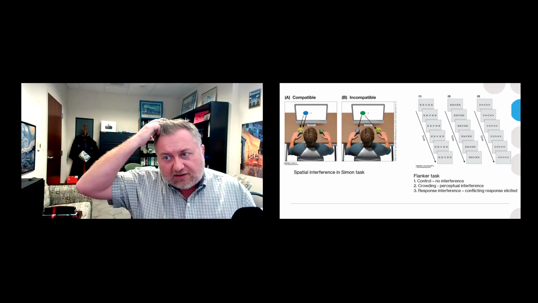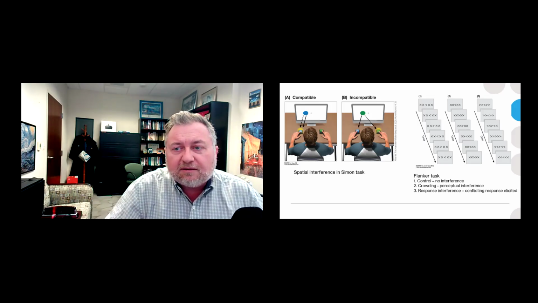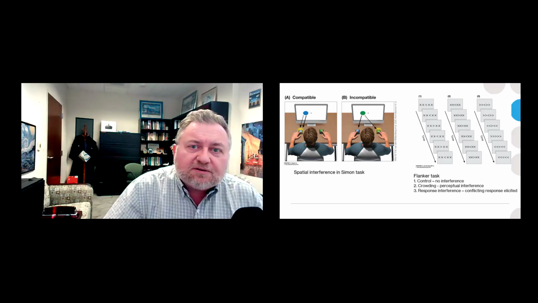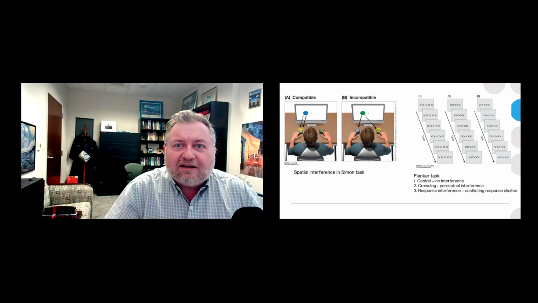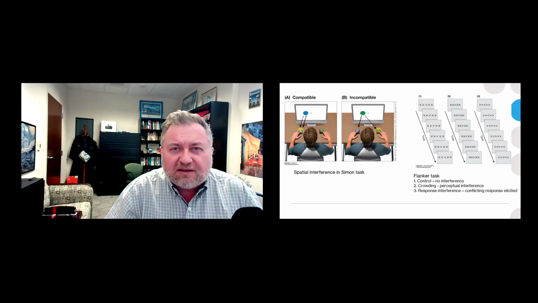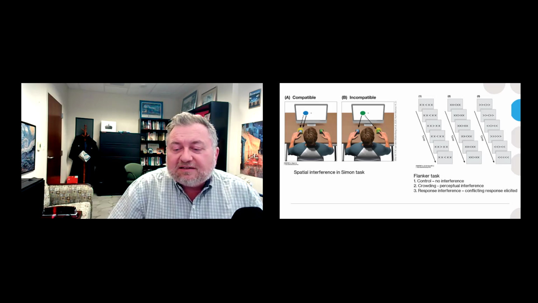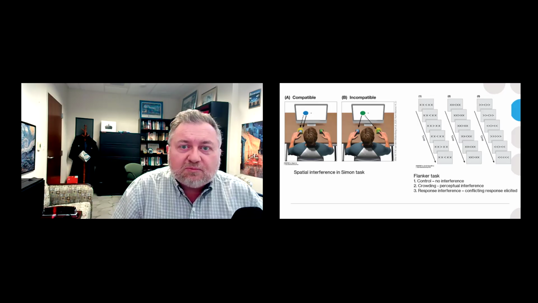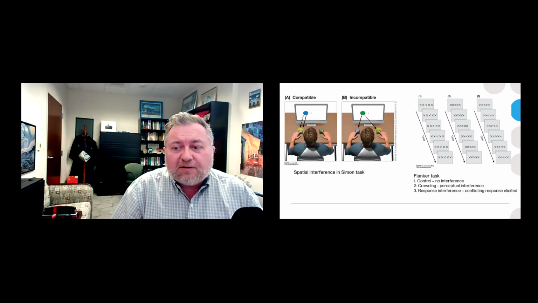But now let's look at the third case here. So we have crowding here, right? Our distractors are crowded in a little bit, like in column 2. But notice our distractors are not X's anymore. They are other arrows that are sometimes pointing in the same direction as our center arrow target, and that's the case in trials 4 and 6. But in the other cases, they're pointing in the other direction. So then they become incongruent and they become unhelpful, right? So when we see these kinds of incongruent trials appear, reaction times to them are really, really slow. And on the congruent trials, reaction times are a little faster, right? And they're even more slow compared to the crowded condition, right?